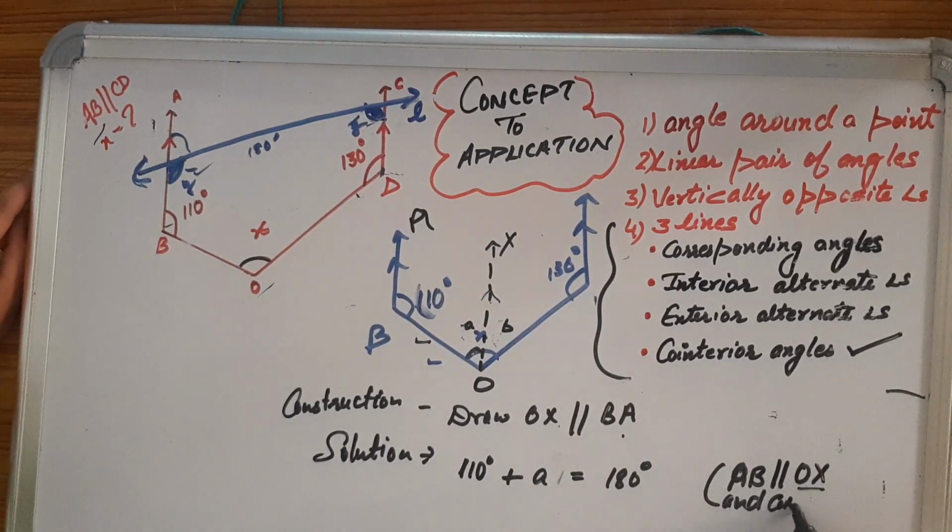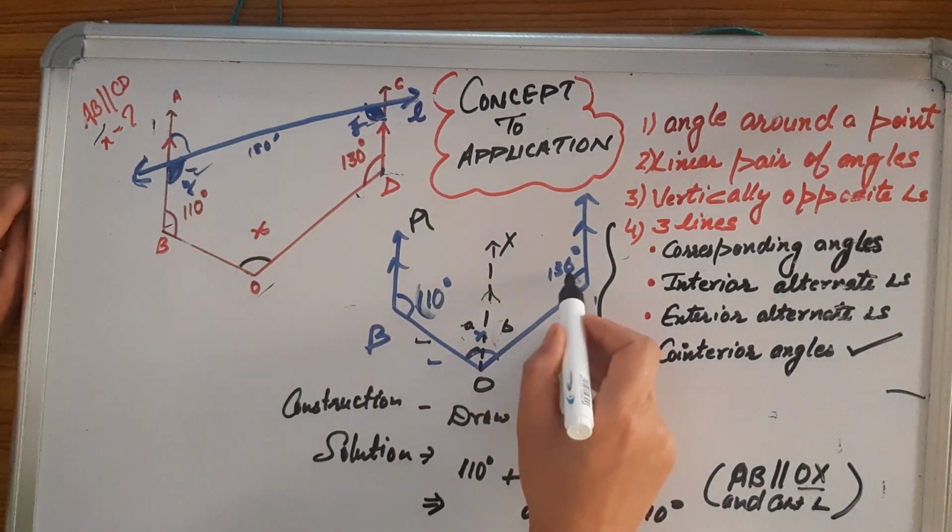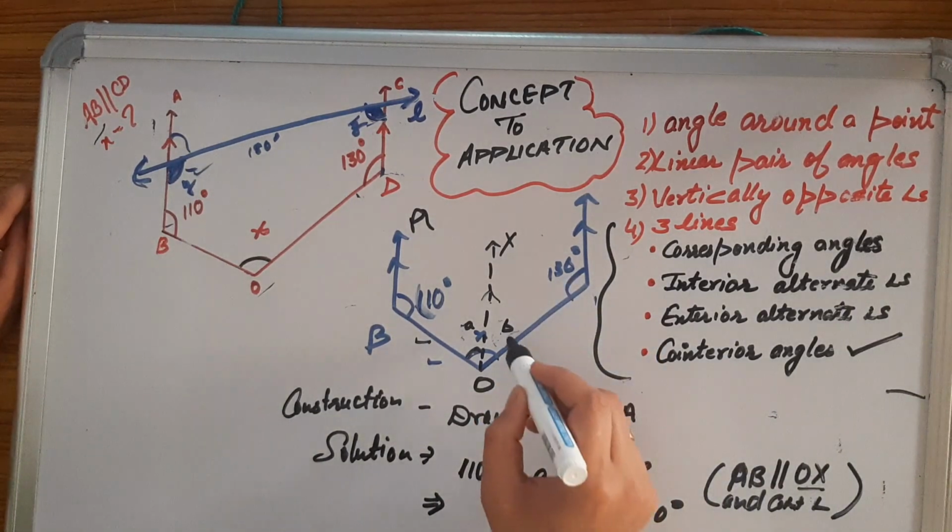And why is their sum 180? Because they are co-interior angles. So, reason, after some gap. Then which implies, we are solving an equation, so the implies sign must be there. So A is equal to 180 minus 110 degrees, and A is equal to 70 degrees. Similarly, the same written procedure you can follow here.